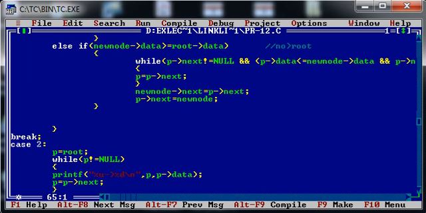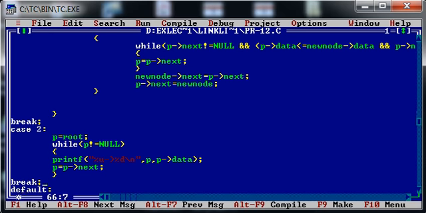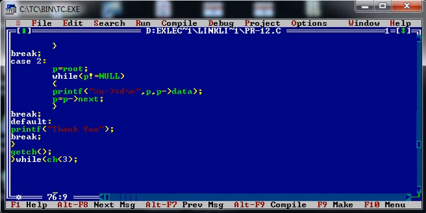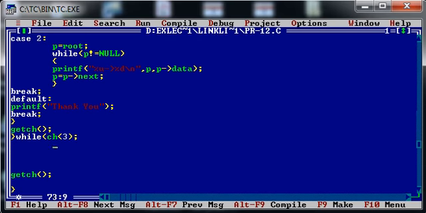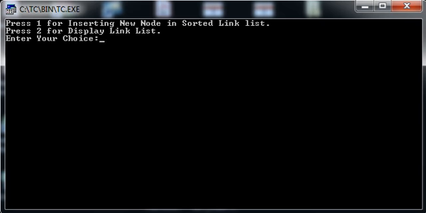Fine, and that's it. Case number 2 is for displaying. That will remain the same as we had done in our previous cases. So let us execute the code. Let me enter 55. Okay, let me see the content. Yes, 55 is stored at address 1978. I have printed the address too, so that we can come to know that the linked list creates memory at a dynamic memory location.